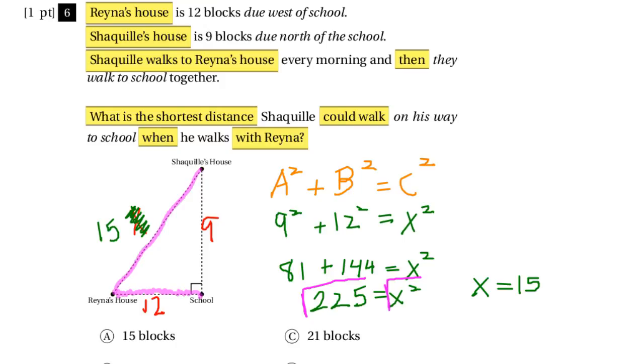So now, tracing the path that Shaquille walks with Raina, I can see that he starts at his house, walks 15 units, plus another 12 units,